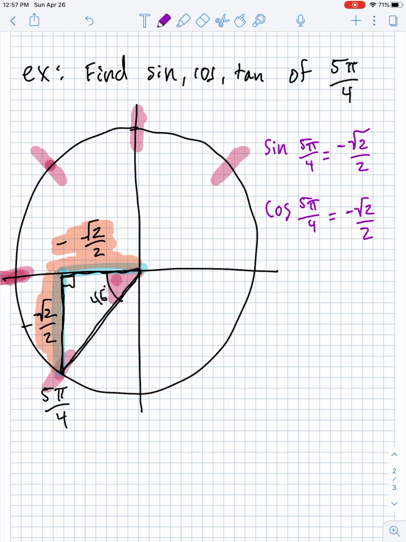Cosine 5 pi over 4 is also equal to negative root 2 over 2. Cool. So sine is the height, cosine is the base. Tangent is the height divided by the base, the opposite divided by the adjacent, the rise over the run. It's the slope. We'll get into that later. Let's do some quick computation on what that is. Tangent 5 pi over 4 is going to be equal to negative root 2